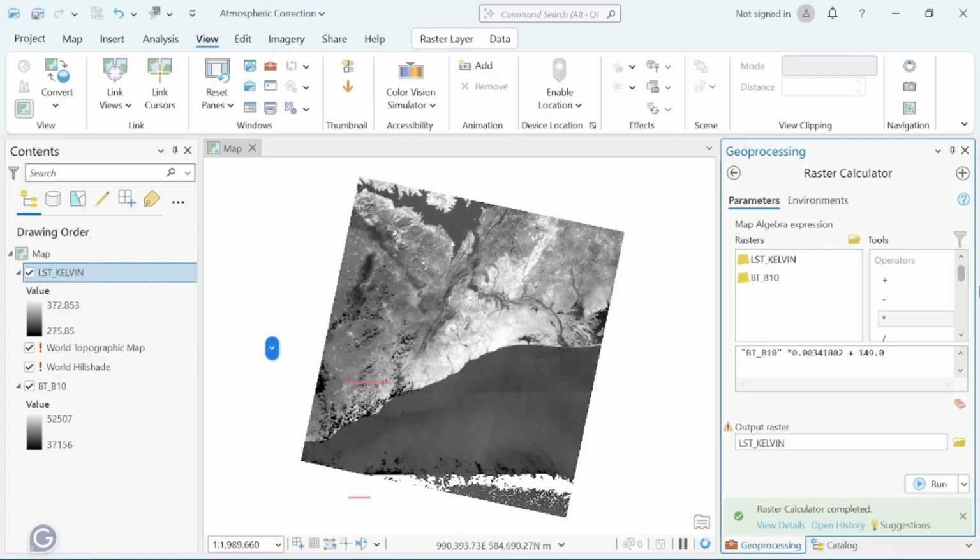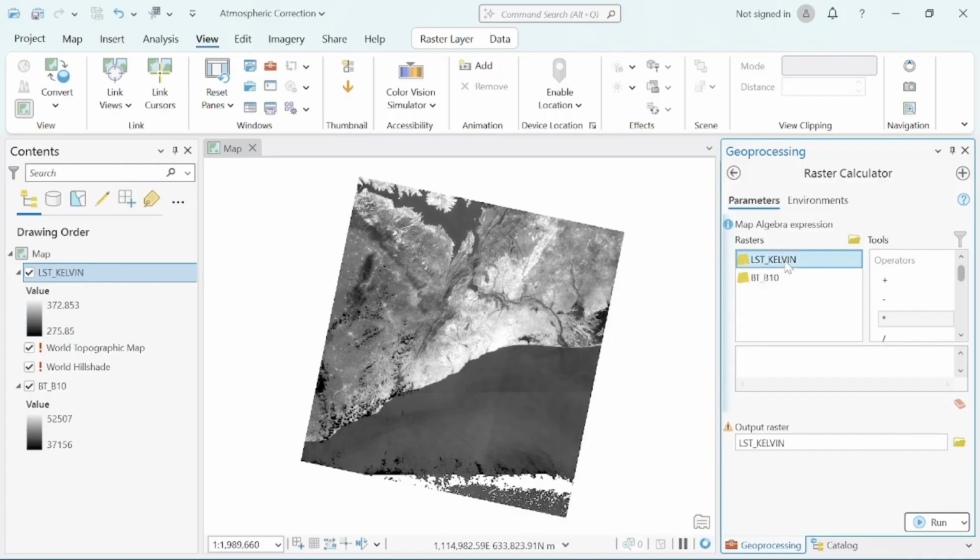So now this is our value for our LST Kelvin, which you can see is 3.72 to 2.75, which is not a normal temperature, so we need to convert it to Celsius to get our normal temperature. To get that, you clear this one here, and then you add your LST Kelvin, and then you paste your